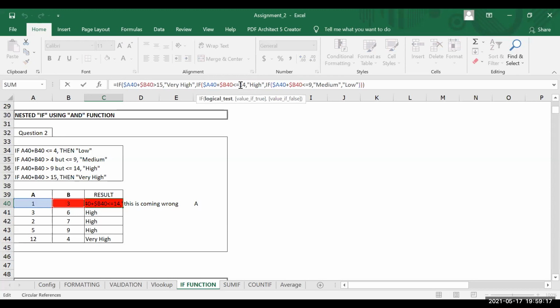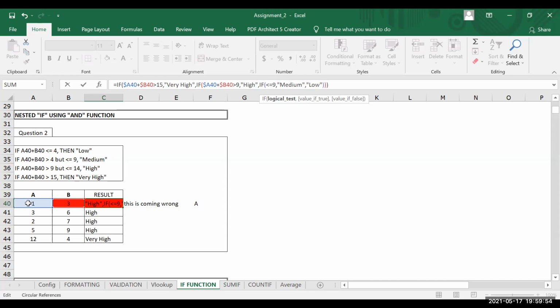If the number is greater than... you want it between 9 and 14, right? So we can say the number is greater than 9, you want it high. And over here you also have a low, right? And then if the number is greater than... this was correct only.